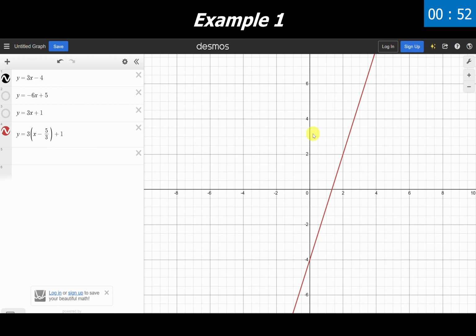We can look at this and see that, yeah, that kind of makes sense. Where does this red line and the black line cross one another? Well, they cross everywhere, which tells me they have infinite solutions. It doesn't matter what x value I choose, both of these graphs are going to have the exact same y values showing up there. So graphically, that's what our three different representations and classifications look like.